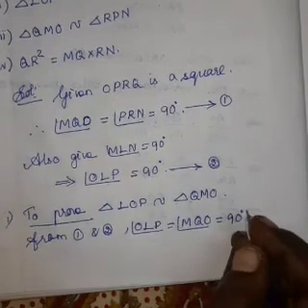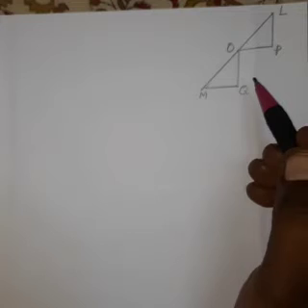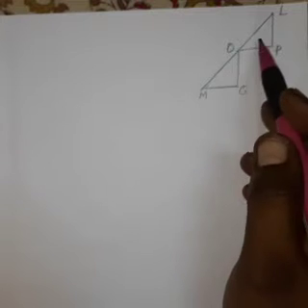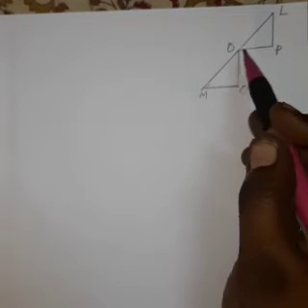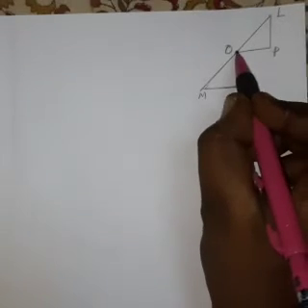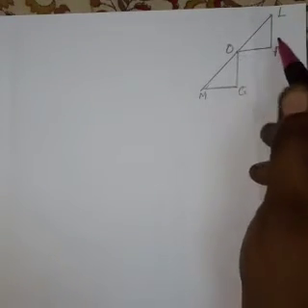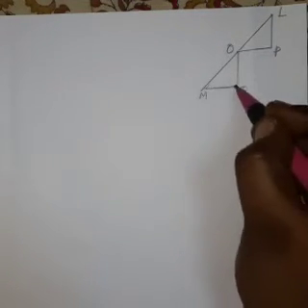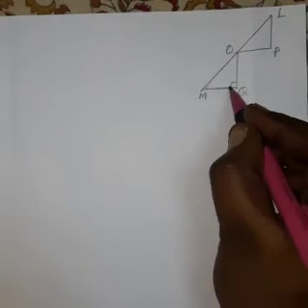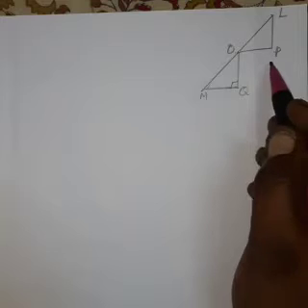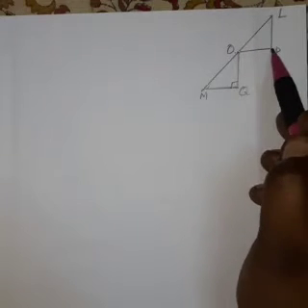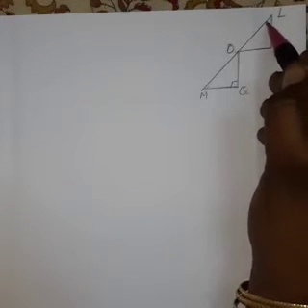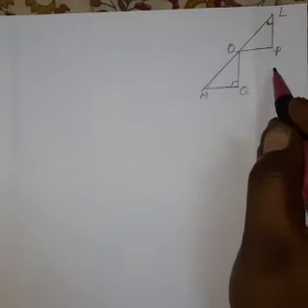Now listen. This is a part of the given diagram. These two triangles only we need now. So I take these two triangles, but it is given continuously. O is the common vertex for both triangles, so we can draw the triangles continuously. Now, what is the first equation? MQO is equal to 90 degrees, so this angle is 90 degrees. And the second equation is OLP, this angle is 90. The diagram is not drawn like that, but this is 90, it is given in the question.